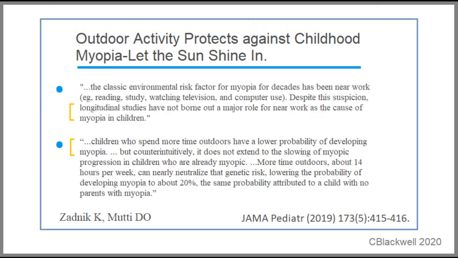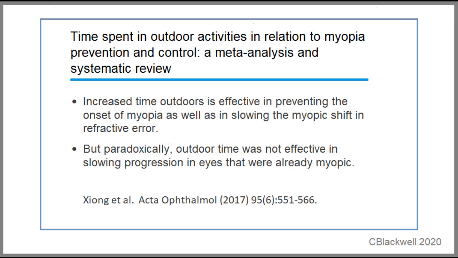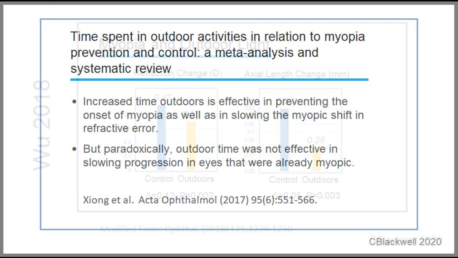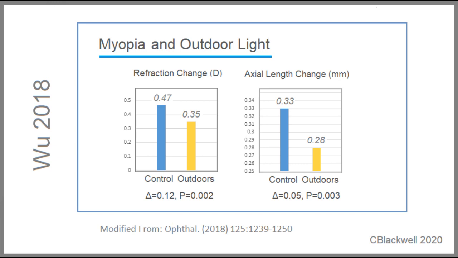They did not find a convincing case for near work as a cause of myopia, but puzzling that light exposure does not slow myopia once it is present, referencing the following 2017 meta-analysis, which found that outdoor time is effective at reducing onset of myopia, but does not appear to slow development in children who are already myopic. Note, this is before the 2018 Wu result.